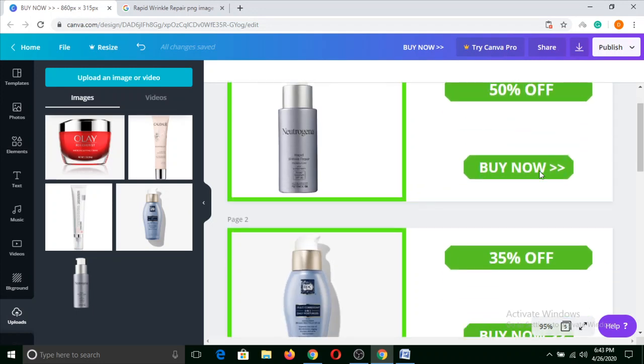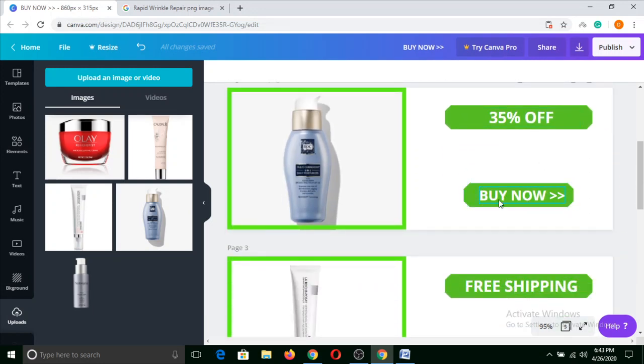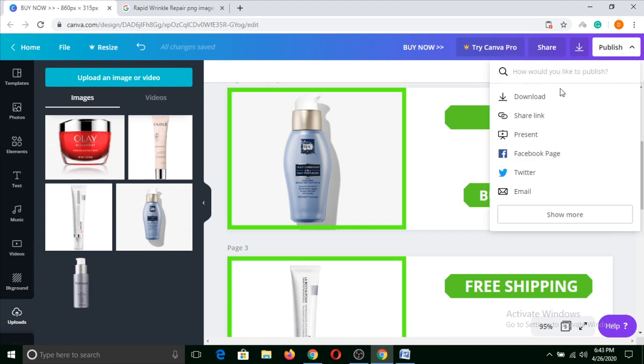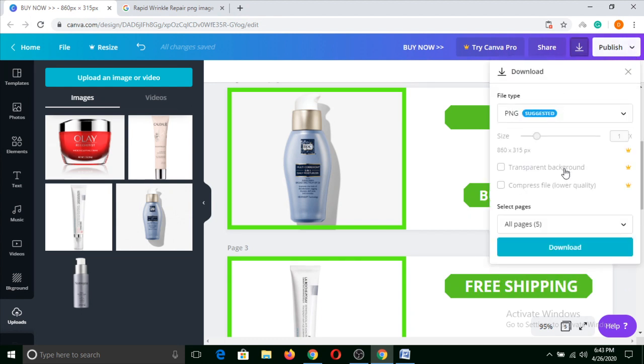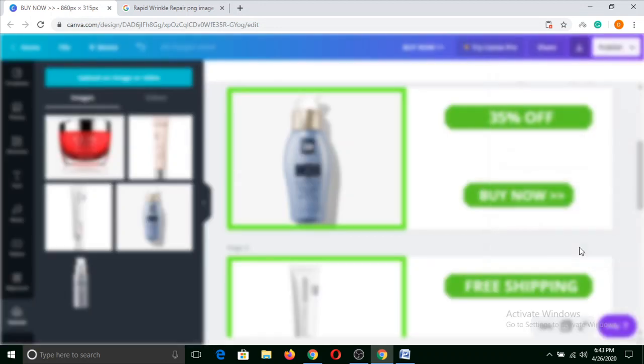So you need to put something interesting at the top and put a button below, buy now or shop now. And now you can simply click here and click on download.